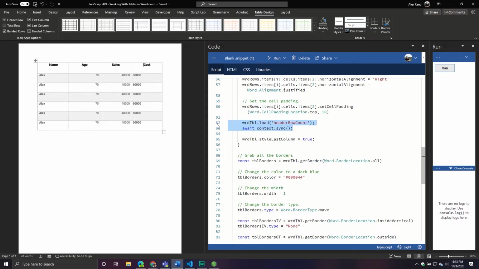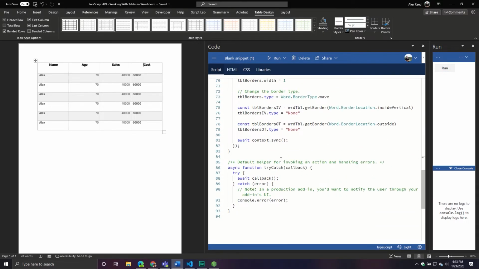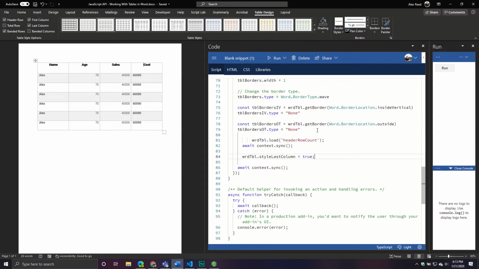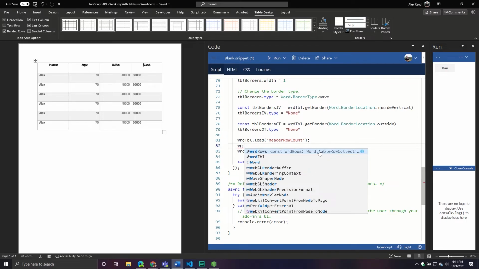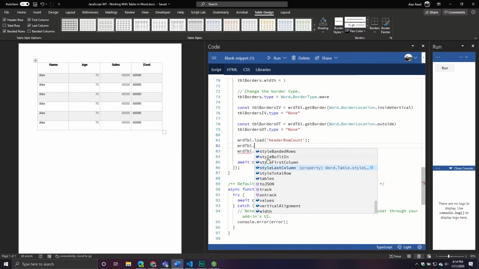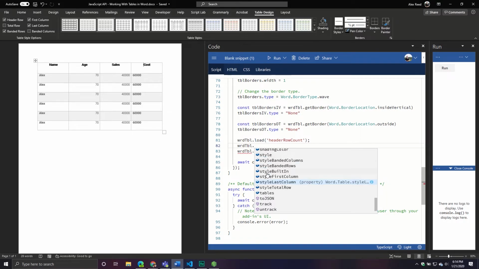Oh, that's why it wasn't working, because I had it in my loop. Oops, my bad. Let me see what else. That's kind of fun now. See, this is where the interesting stuff is sometimes when you're just recording and you go, okay, style built in. First column, total row, banded rows,